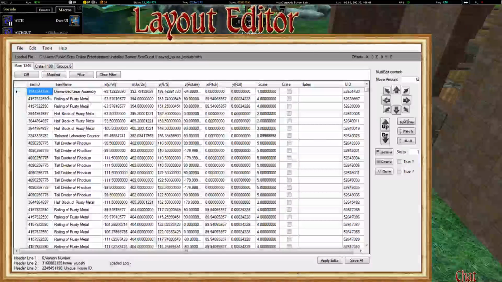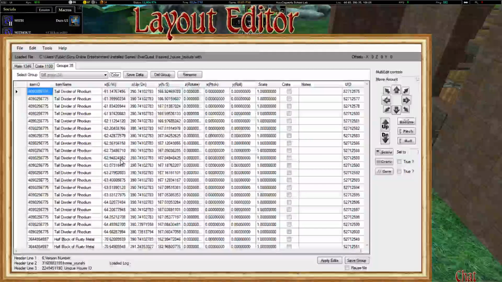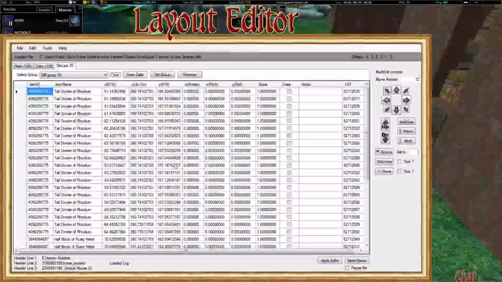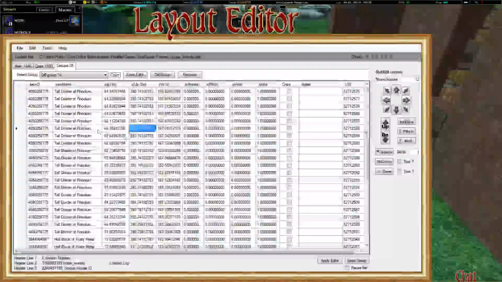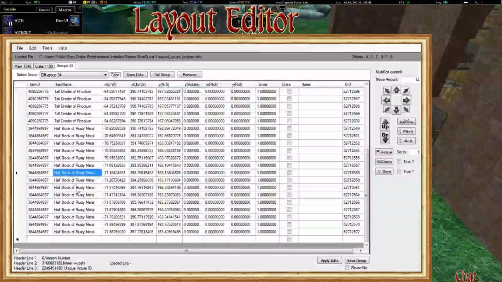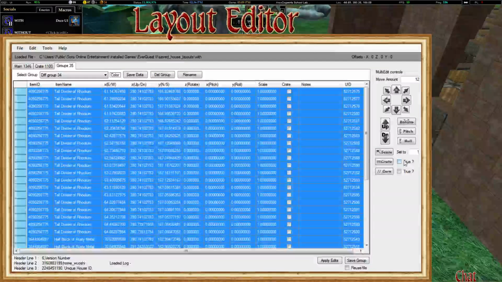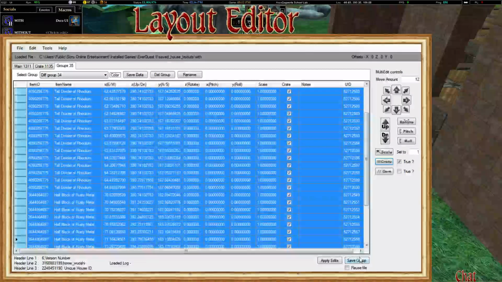It was on the crate tab. So now we're going to do a diff. There's the without. And these are all of my 35 brand new items. As you can see, there's tall dividers and half blocks of rusty metal. So we're going to select everything. We're going to click the crate checkbox, and then we're going to click the crate button,